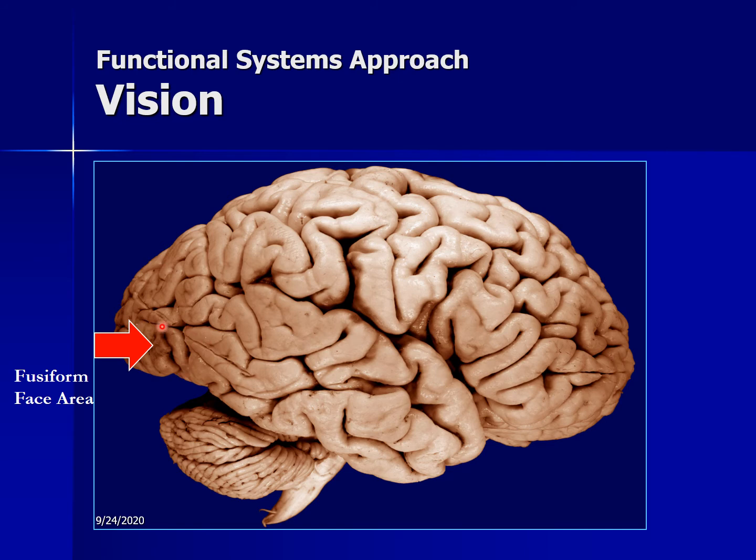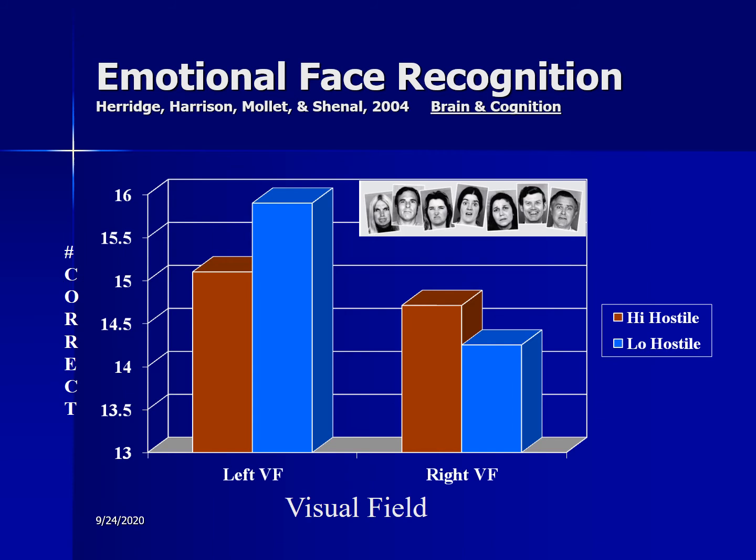But the emotional brain here is where most of our science is on facial emotion. So let's take a look at it. Here I'm showing standardized emotional faces. These are Ekman's faces. They're very popular, and they differ in emotional valence, but we control different things too, like whether or not the mouth is open or closed, those types of things. But in this particular project, we're just looking at angry face recognition and happy face recognition.